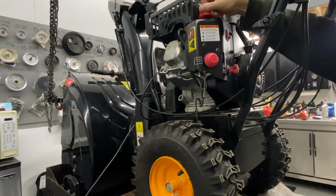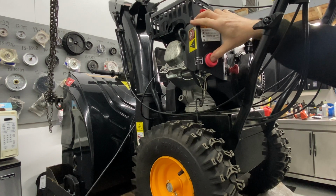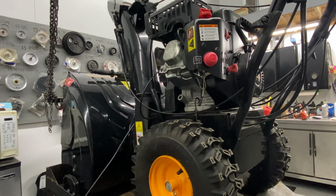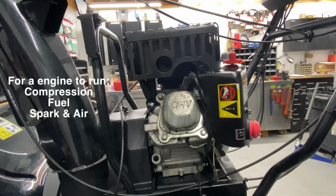I'm going to put the choke on. I'm going to prime it a couple times. 1, 2, 3, 4. 4 times. All right, absolutely nothing. Okay, at this point, as long as you have spark, which we're going to check now,